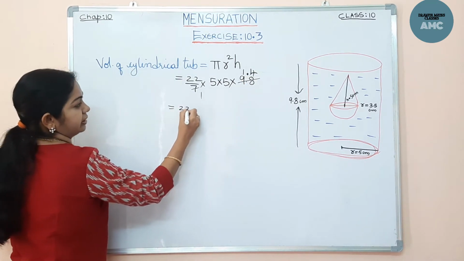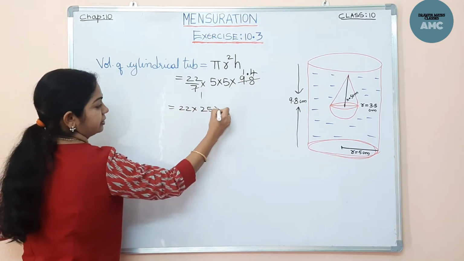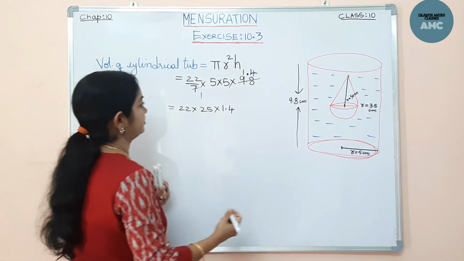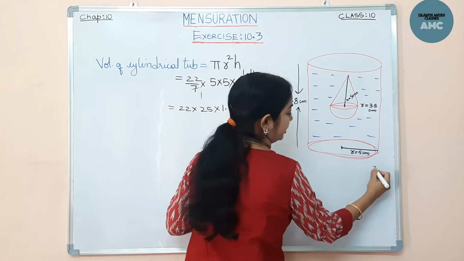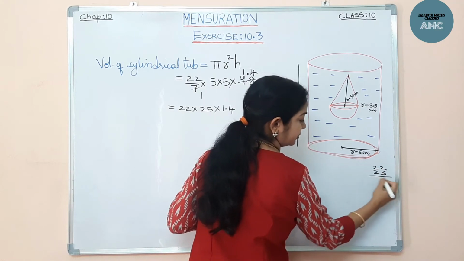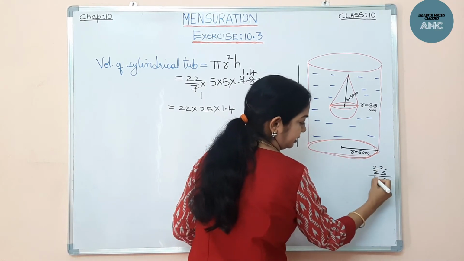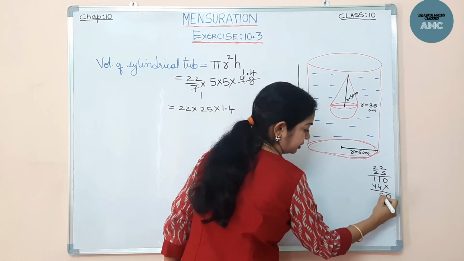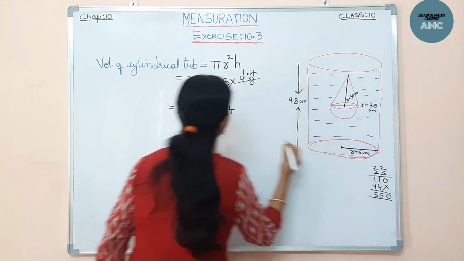This comes to 22 into 25 into 1.4. We will do the calculations here. Now 22 into 25. 5 2s are 10, 11. Again 2 2s are 4, 2 2s are 4. 0, 5, 5. 550 we get